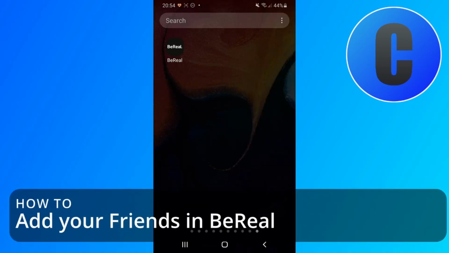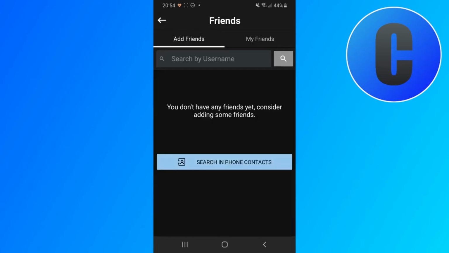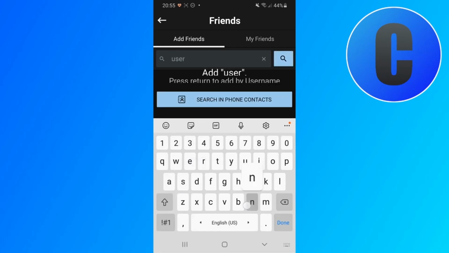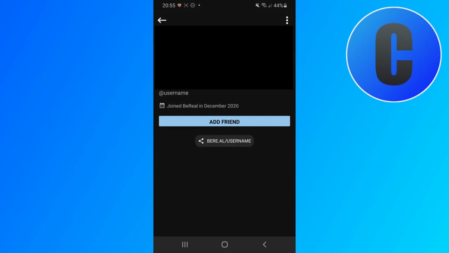The next thing to do would be adding your friends. So to get started with adding your friends, you just go to the top left corner where it says friends, and then you have 2 options. You can either add them by username, by searching for their username here, as you can see, and then clicking on the search icon, and there you see, now you can just click on add friend